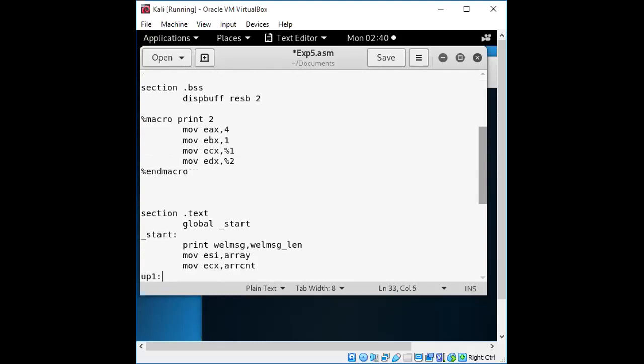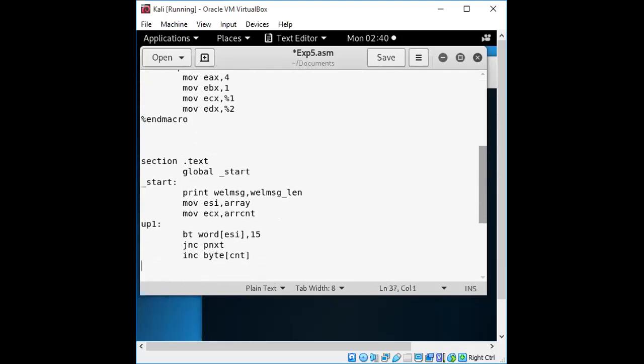Okay, so it will be incrementing here. Next, it will identify whether the element is a positive number. Then we'll take one more section which will get the count for that.